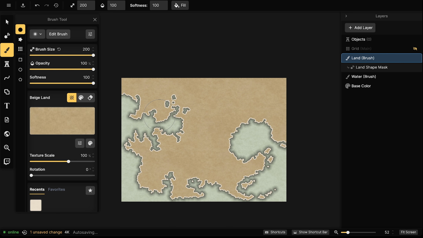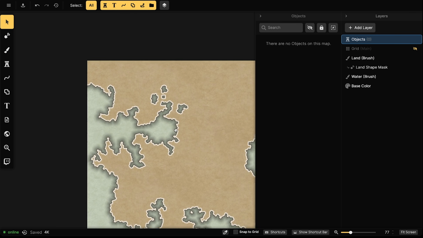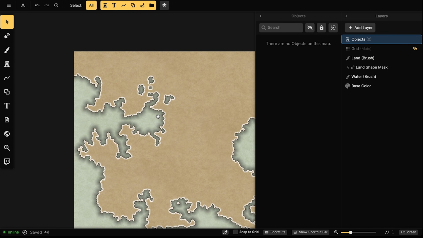Remember, the trick to getting things to pop out and to giving your map character is to use contrast. It works for every map. So definitely play around with those mask effects to really get some interesting effects that you can come up with. Of course, you don't have to use mask effects. You can always paint